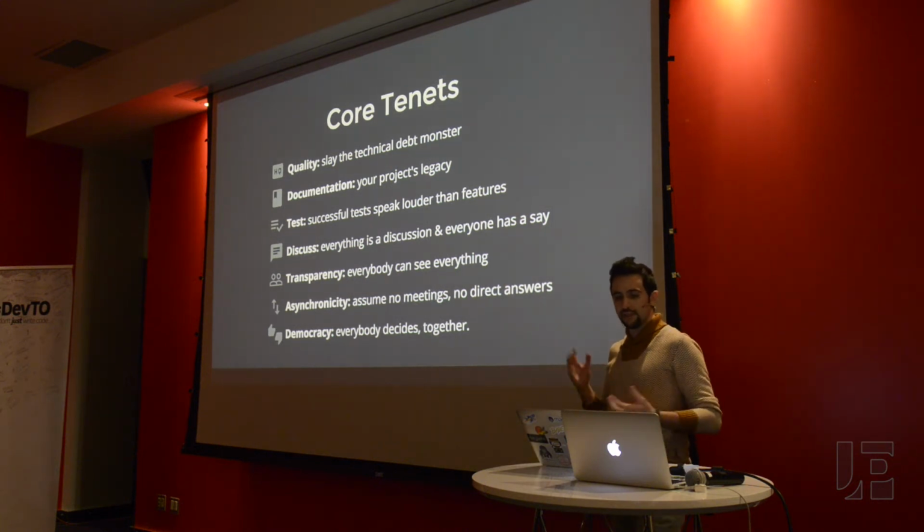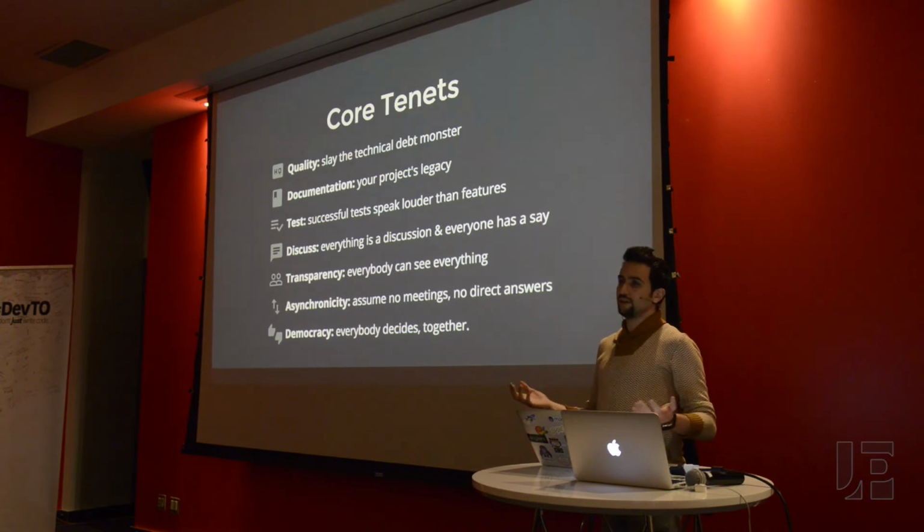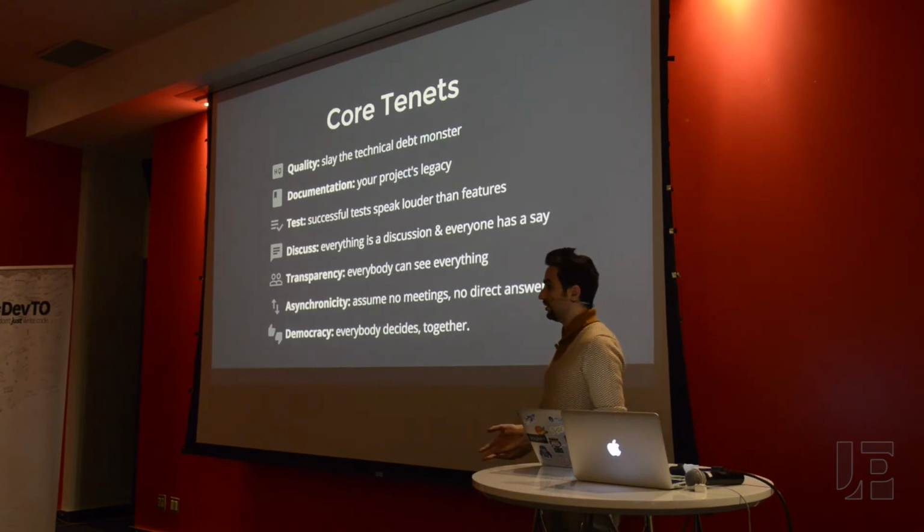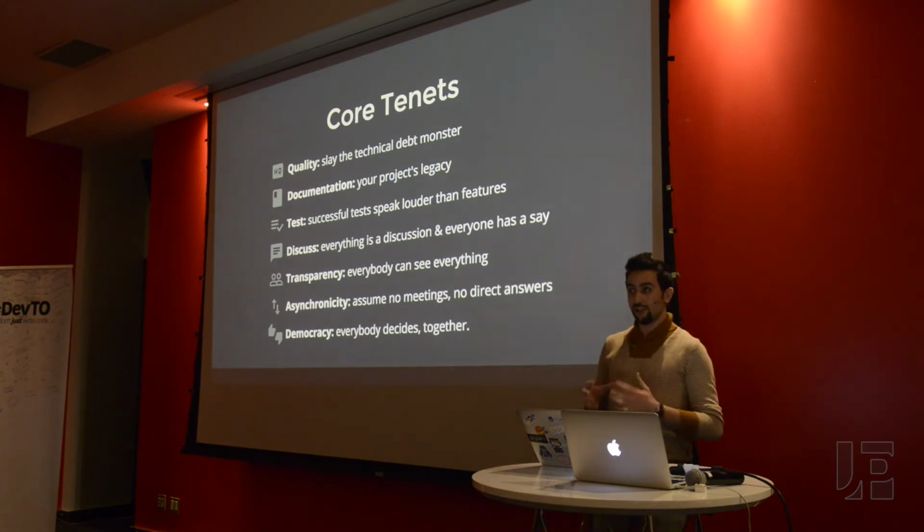So it ended up being these 7 different things, quality being the top thing. One of the most common threads across all these developments in the open source world is that they're all focused on quality. Whether it's quality of code, or quality of design, or quality of the documentation. And this, by the way, applies not just to development teams.